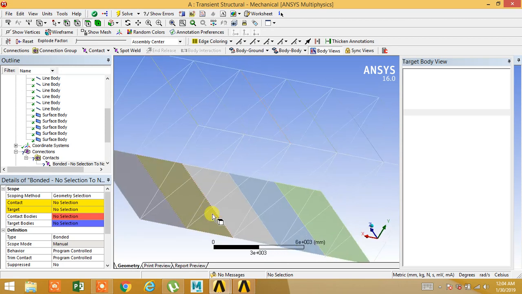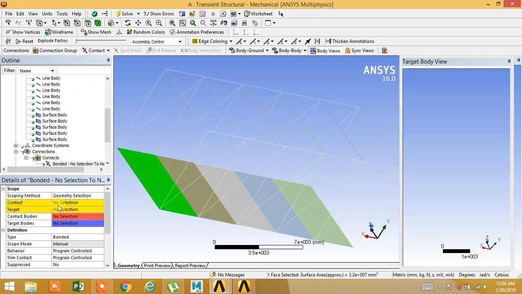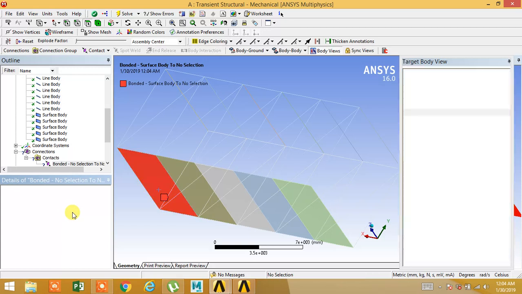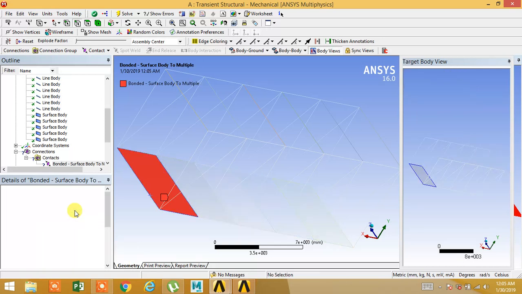So there will be 2 elements, first one will be contact and second will be target. Okay, so this is contact. And select edge 1, 2, 3, 4. This is target.